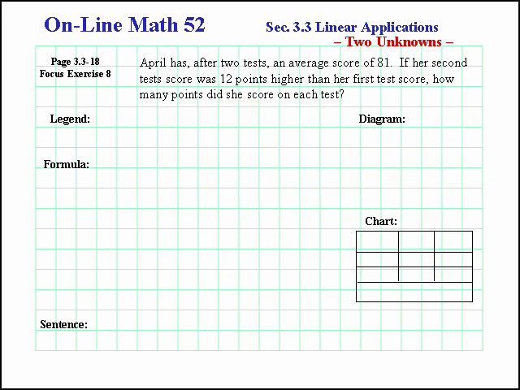So let's go on to the next exercise. This is Focus Exercise 8 from Section 3.3. You can see there it's on page 18. And let's read. April has, after 2 tests, an average score of 81. If her second test score was 12 points higher than her first test score, how many points did she score